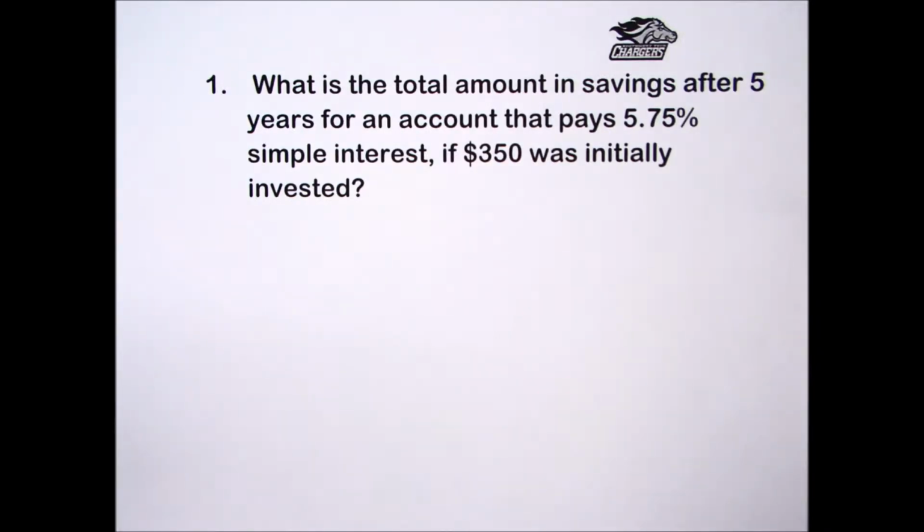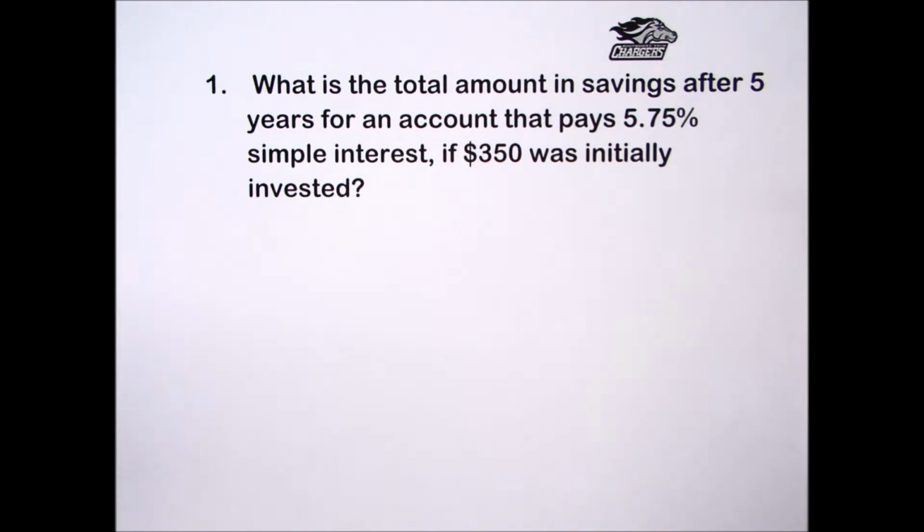Practice set 6, problem number 1, found on page 21. What is the total amount in savings after 5 years for an account that pays 5.75% simple interest if $350 was initially invested? When calculating simple interest, the amount of interest paid is always based upon the original amount invested,